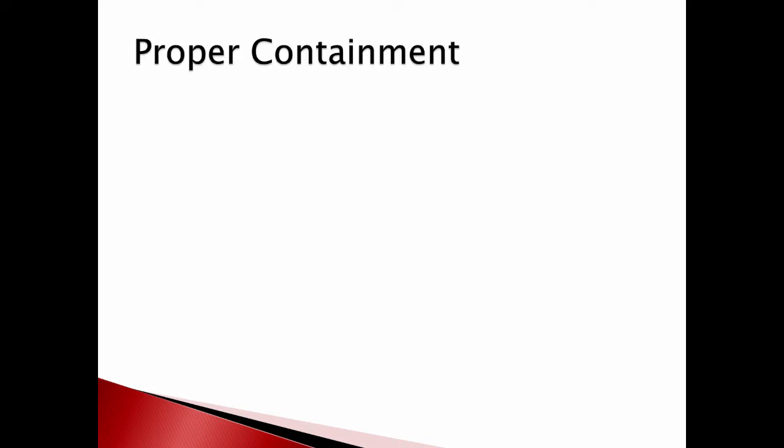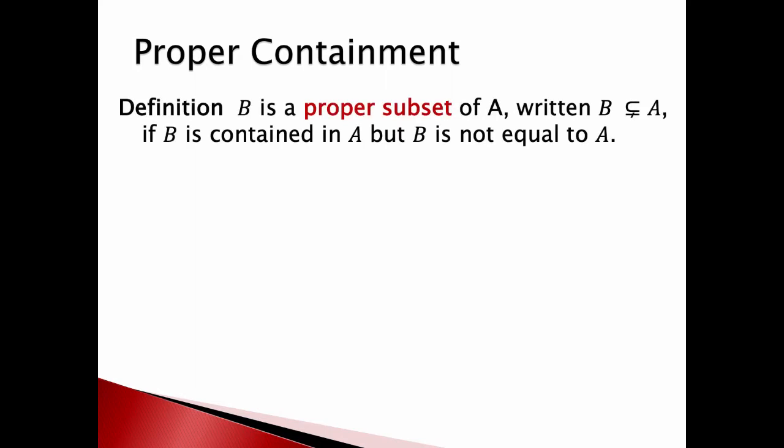Okay, proper containment. So one set is a proper subset of the other, right? Like we would say B is a proper subset of A if A is contained in B, but B is not equal to A. And if you look at the symbol we use here, instead of looking like a less than or equal to, it's like a less than or equal to with equal to crossed out. Right? So sometimes people won't write the equal to crossed out. Sometimes they'll write just the half oval. But then that can be confusing because sometimes people use that to mean a subset. So I much prefer writing it this way when I'm trying to emphasize something as a proper subset. It's like less than or equal to, but I've crossed out the equal to part.